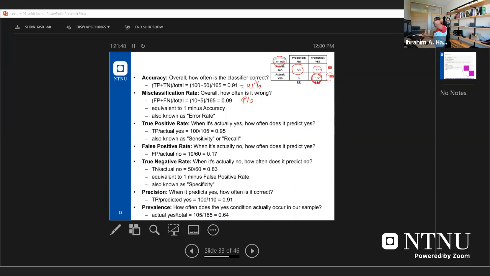Precision is how many positive predictions there are compared to the total predicted positive. So it will be 100 divided by 110, and so on. So anyway,